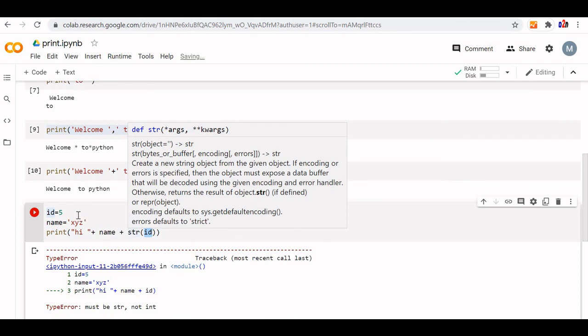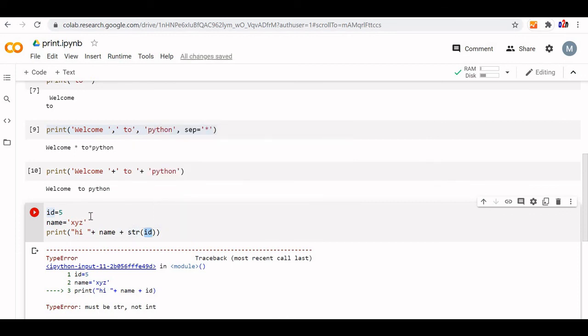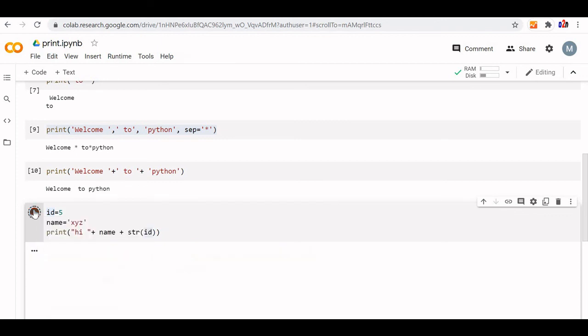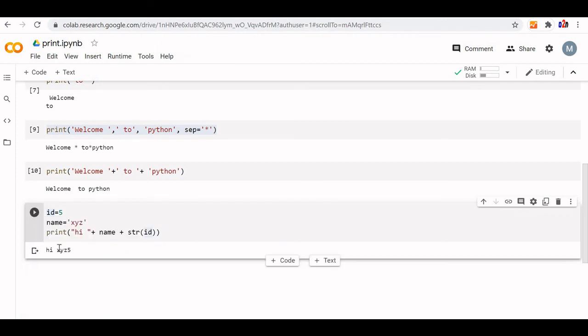So now its value is 5, but it is a string 5. Let's run this. You can see XYZ and 5 printed. So this is the way I add up strings with an integer variable: convert it before using it, say your visitor number or anything.